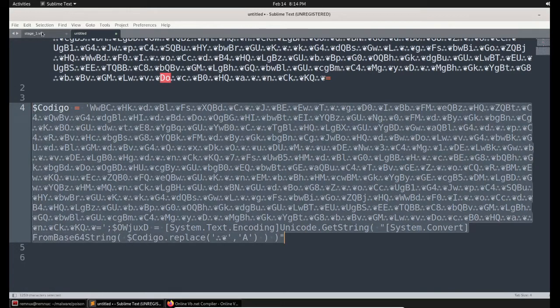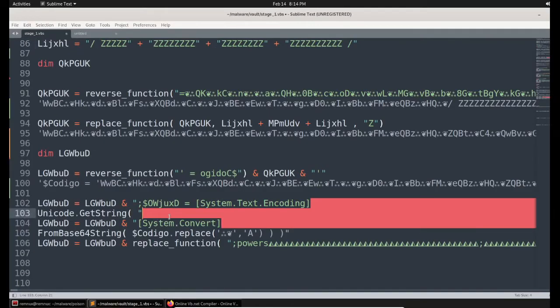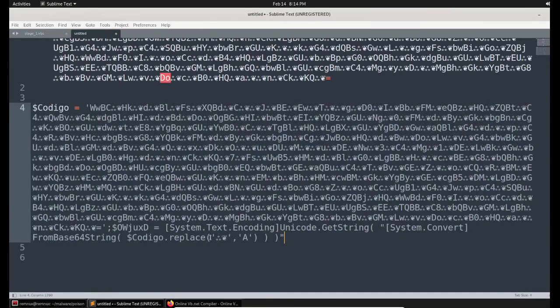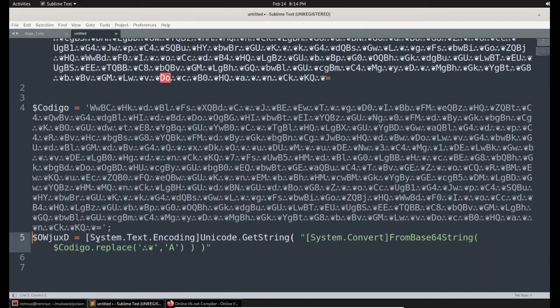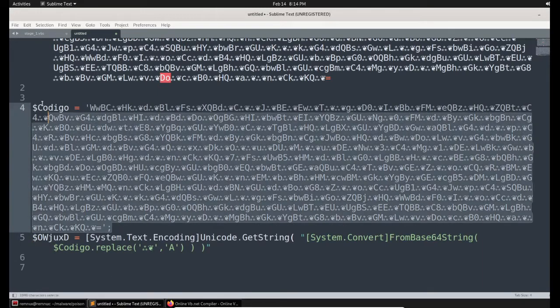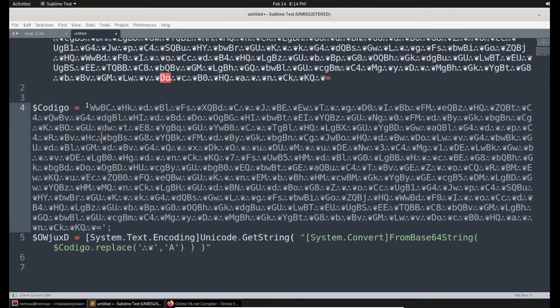And if you see the line termination semicolon here, so if I click enter, I can write it in a separate line. So here I defined every blob in a variable named Codigo, and I can simply replace this Codigo.